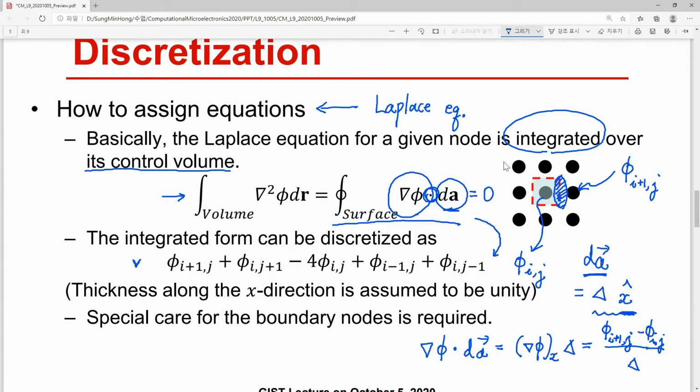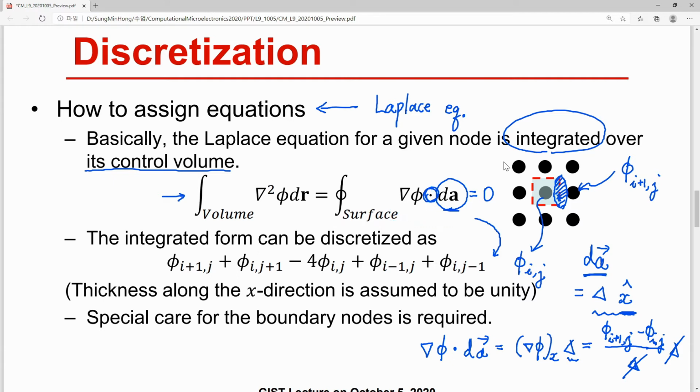This is simply delta, because we have assumed uniform spacing along the x direction and along the y direction, and they happen to be identical. So we have delta here, and here we still have delta. They cancel. So the contribution from the right surface is simply written as